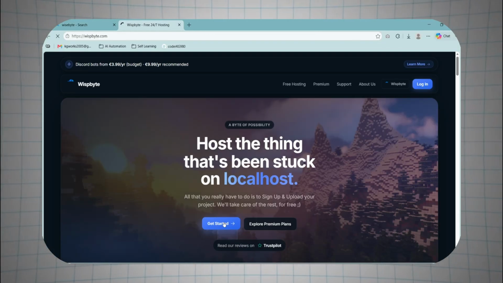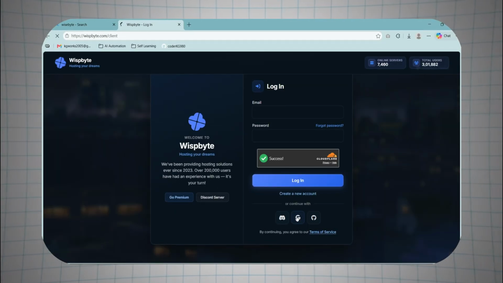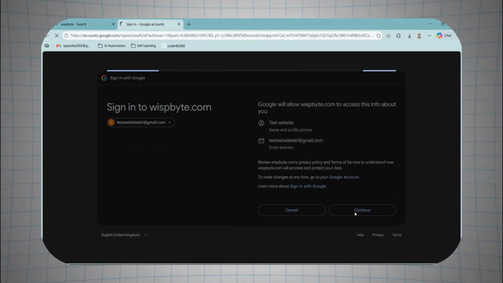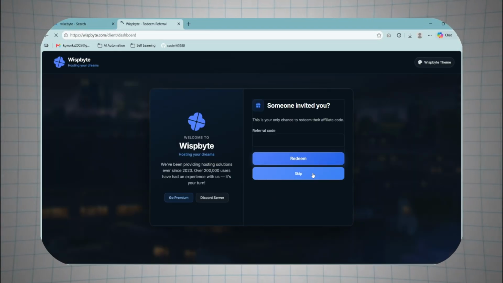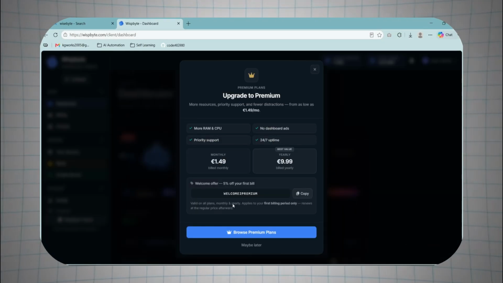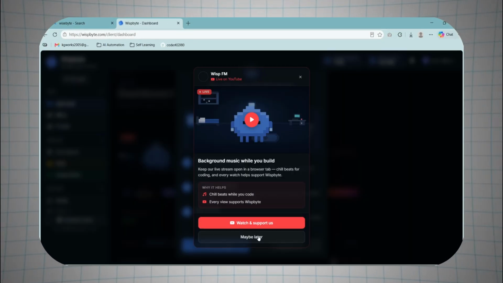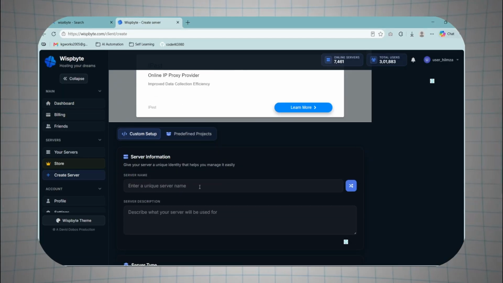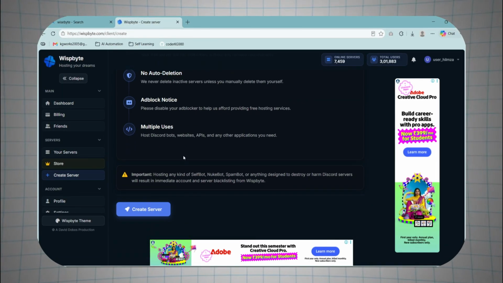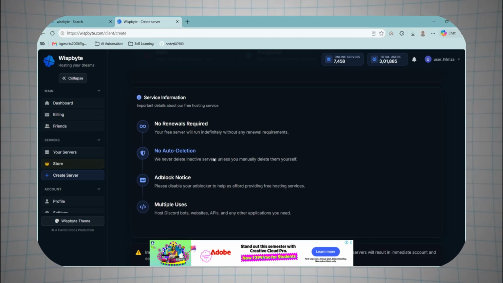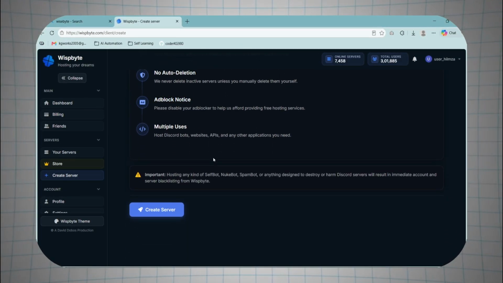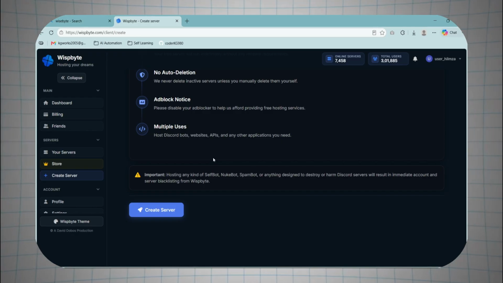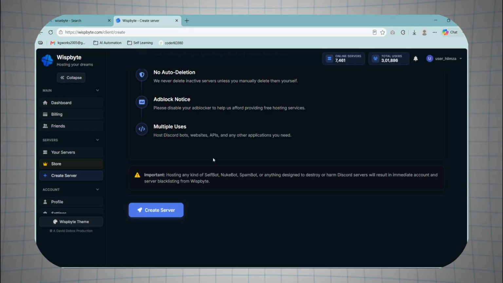Now open Wispbyte, click on the Get Started button and log in via Google. Click on Continue. Select Skip if you don't have a referral code. Now click on Create Server and enter the name of your server. Select the free plan. Select the language by which you built your chatbot. I choose Python because I built my chatbot with the help of Python, and at last click on Create Server